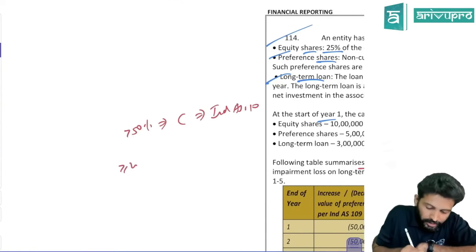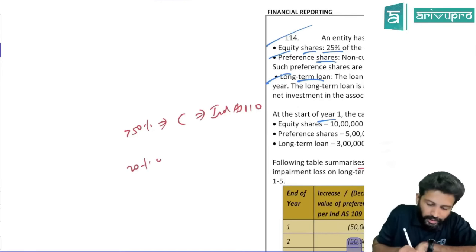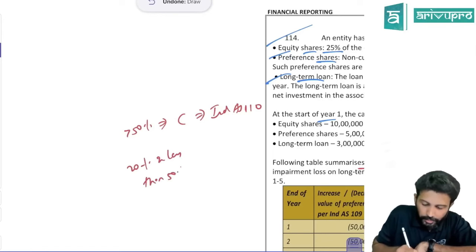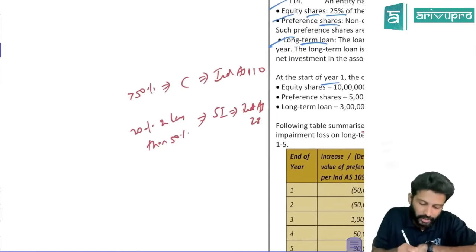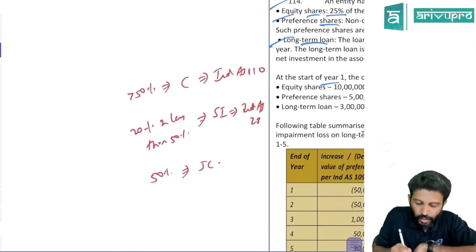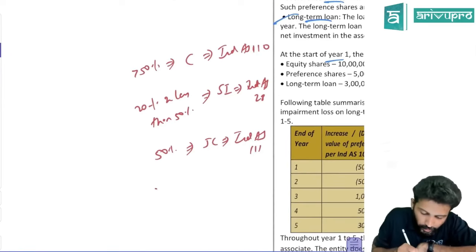If you have 20% but less than 50%, then you have significant influence and you have to apply Ind AS 28. How the investment should be valued? Ind AS 28 will give the guidance. At 50%, we say we have joint control. We may have to apply Ind AS 111 or Ind AS 28 depending on what it is. We'll see. If you have less than 20%,